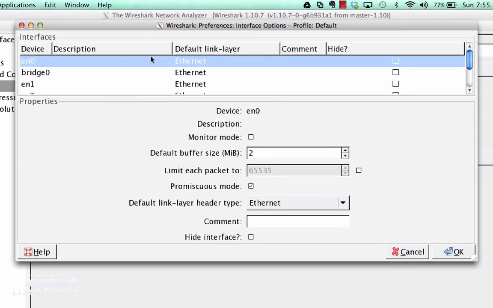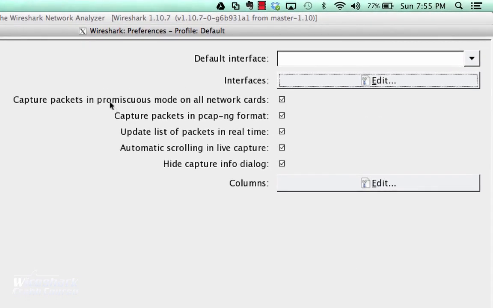So right, you've got this. You can set a default buffer size. Here's our option for promiscuous mode we talked about, and if this is an interface that you don't want to use, perhaps you have several VMs and you've got some of those virtual interfaces, you don't want them anymore. You can hit the hide interface button here. Couple of options here, right? You want to capture packets in promiscuous mode,